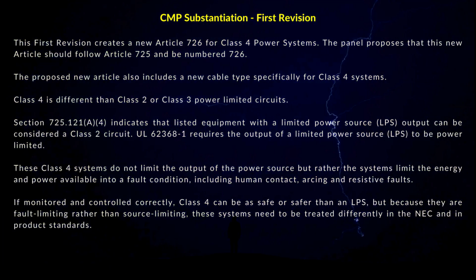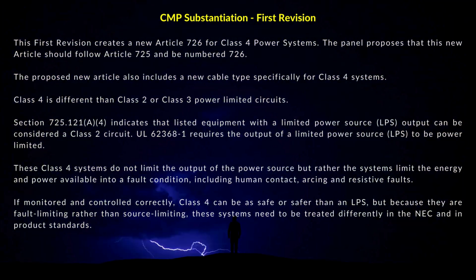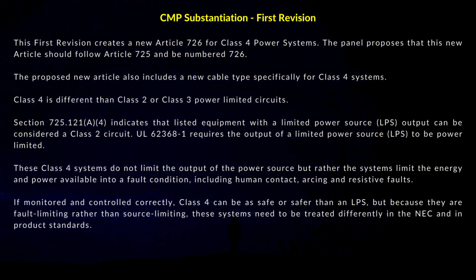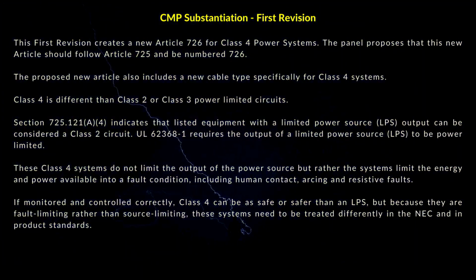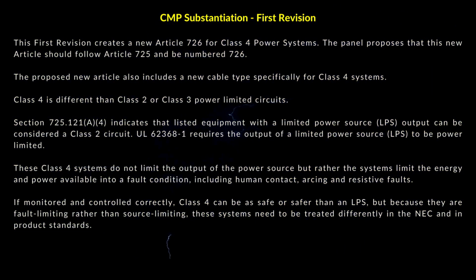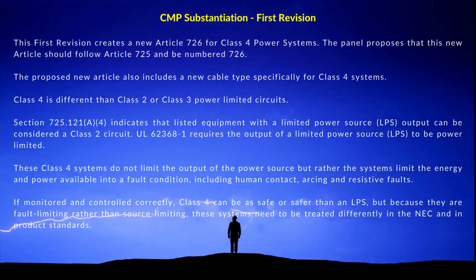This first revision creates a new Article 726 for Class 4 power systems. The panel proposes that this new article should follow Article 725 and be numbered 726. The proposed new article also includes a new cable type specifically for Class 4 systems. Class 4 is different than Class 2 or Class 3 power-limited circuits. Section